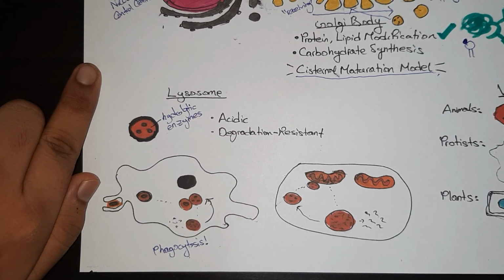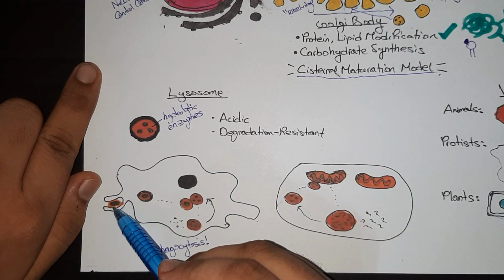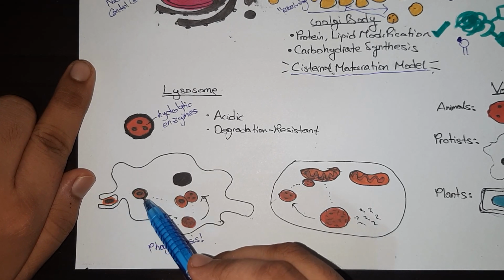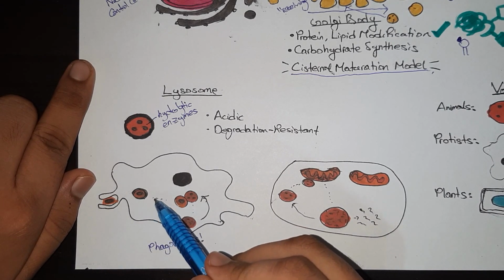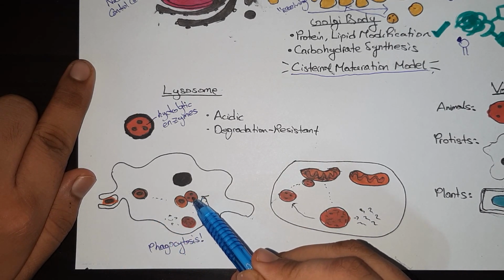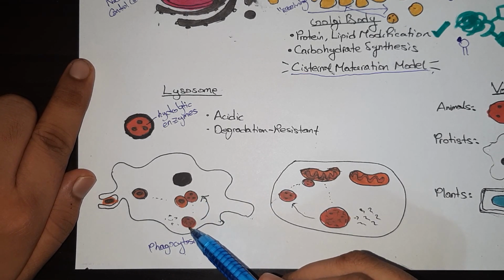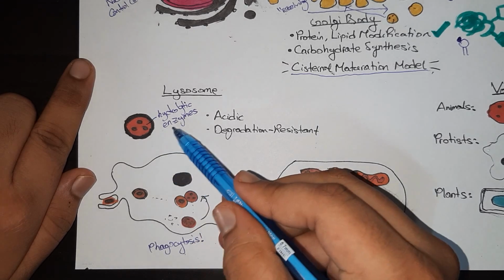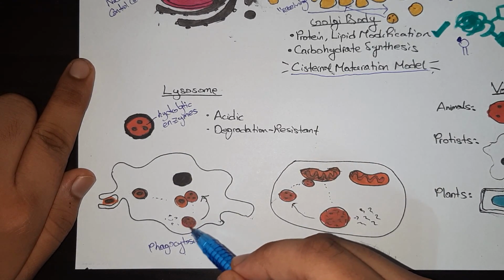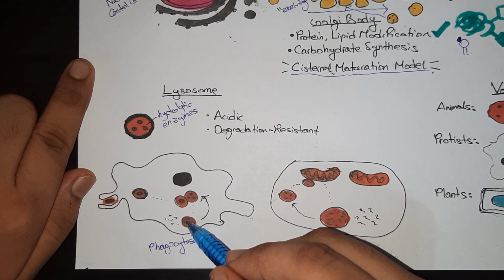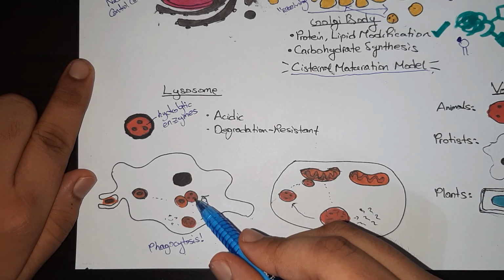In phagocytosis, for example in our white blood cells or in the amoeba, food has gone inside the cell and it is now enclosed in a vesicle. For the digestion of this food, the vesicle must now fuse with this red colored lysosome, and the lysosome has gone together with the vesicle and it has fused, and now these hydrolytic enzymes, they are very potent and will digest all the food inside, and this food will come out of the lysosome and the lysosome can be recycled for its function.